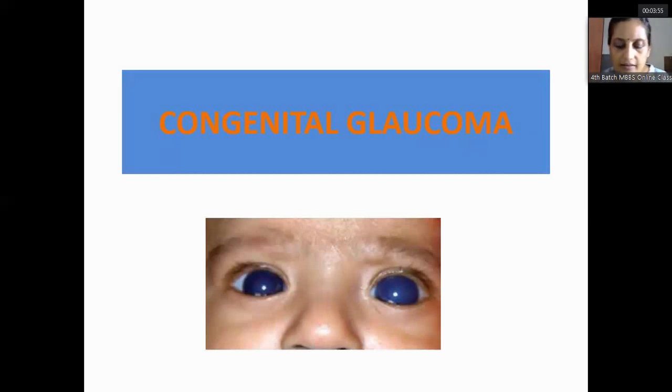Okay, shall I start? How the aqueous is drained. The main important thing about the rise in the IOP is there is a problem in the aqueous drainage. Either there is an overproduction or a difficulty in the drainage pathway. So what are the drainage pathways? They are either the trabecular meshwork or the uveoscleral outflow. The major portion of the aqueous is drained by the trabecular meshwork, and about 30% is drained by the uveoscleral outflow.